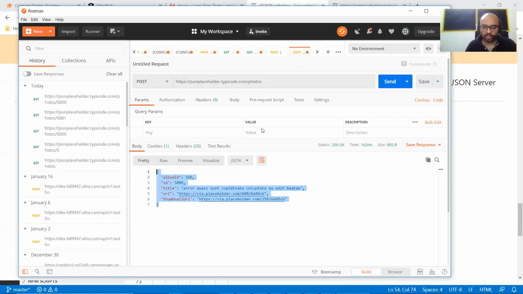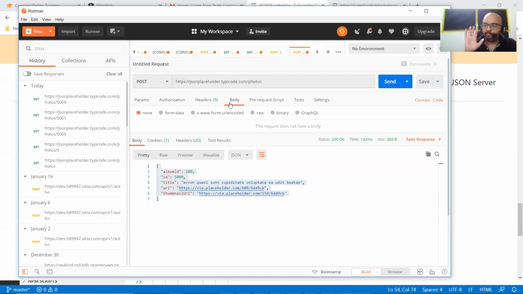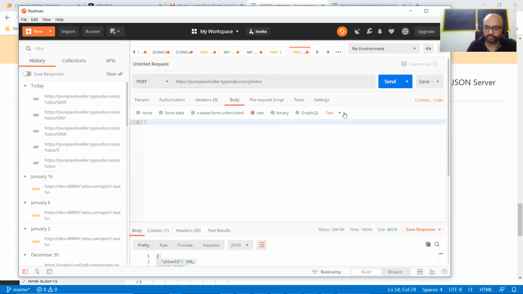So in the post method, I will go to body, because now I'm posting. I am going to body because we post the body. We post the body in different formats. So I go to the body tab and then I say its type, what kind of data I am posting. I am posting raw. In raw, I say JSON. So I'm posting a JSON kind of data, right? So this is my object.